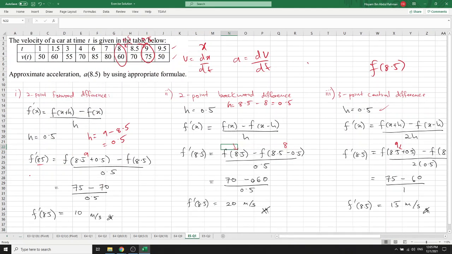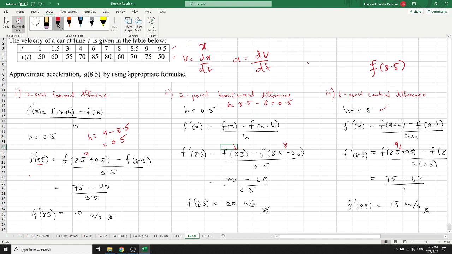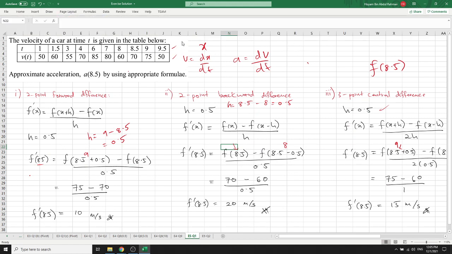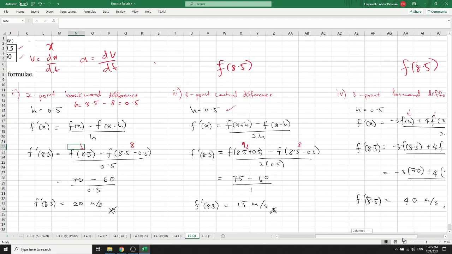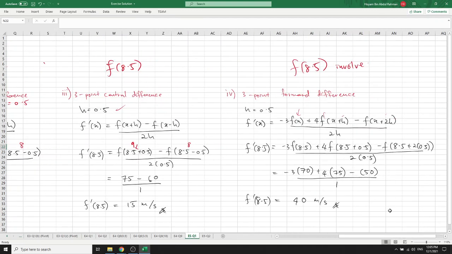So fx is 8.5, and x plus h is the beside one, the first forward, which is 0.5 difference. And then they say here is 2h. If h is 0.5,